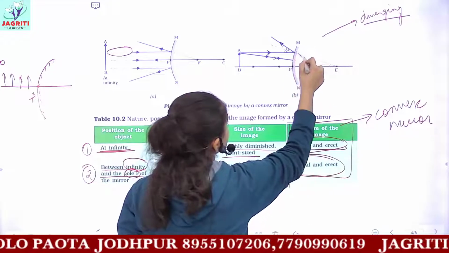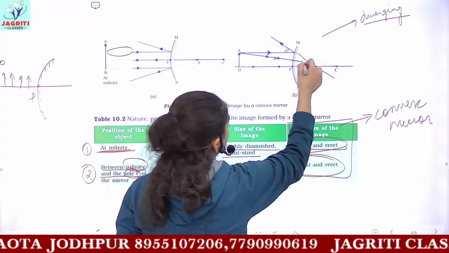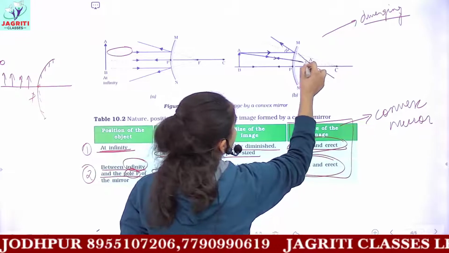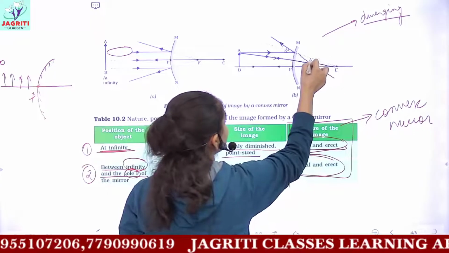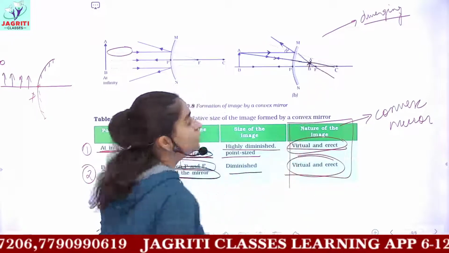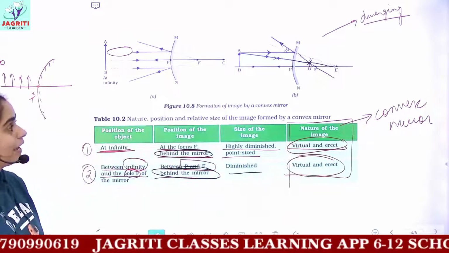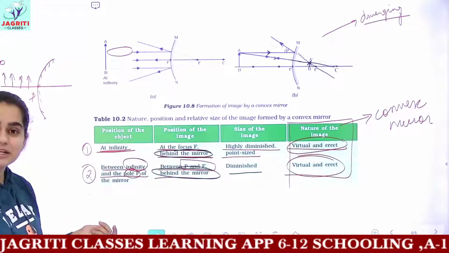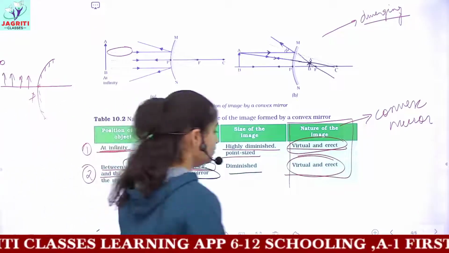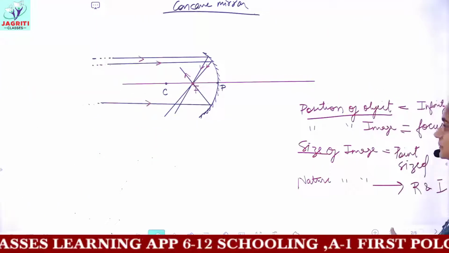And whenever you extend these light rays, where do they meet? See, these are the extensions of two light rays, so they meet here at point A. So this would be your image formed. I hope this is clear. So these are the two cases. For convex mirror and for concave mirror, we have discussed 6 cases.